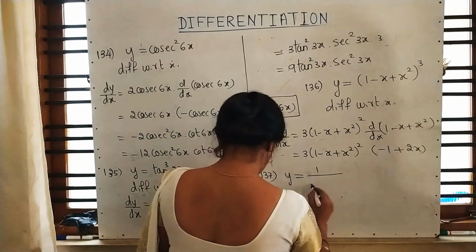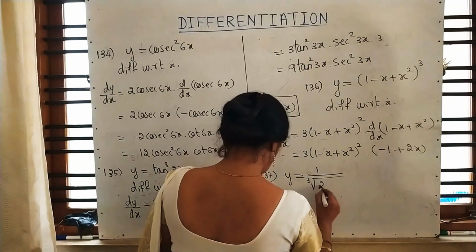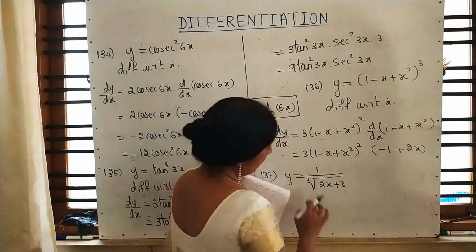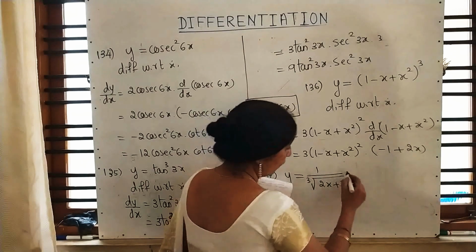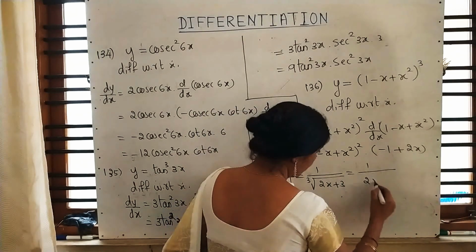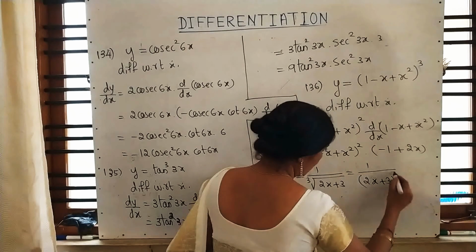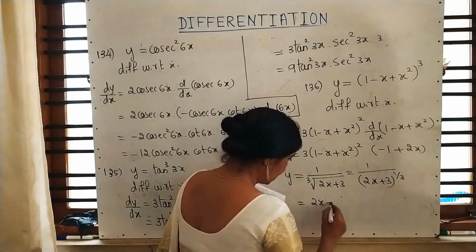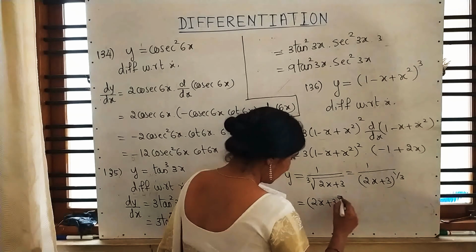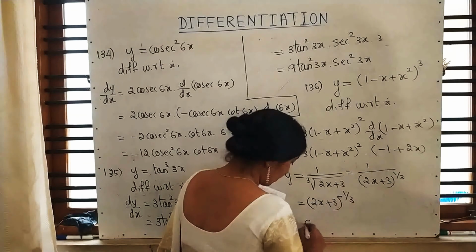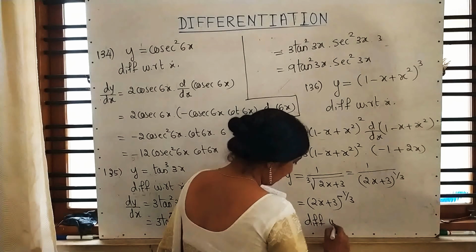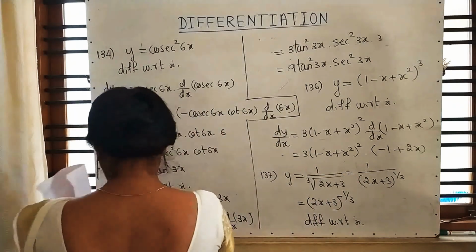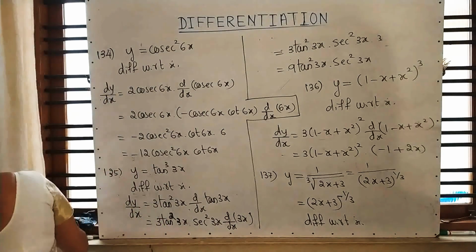y is equal to, see, don't apply u by v method. You know how to convert this third in the form of indice. Cube root is 1 by 3. Write it in the numerator. Now differentiate. First power, then base. Because in the numerator we don't have the x, that's why I'm not applying u by v method.